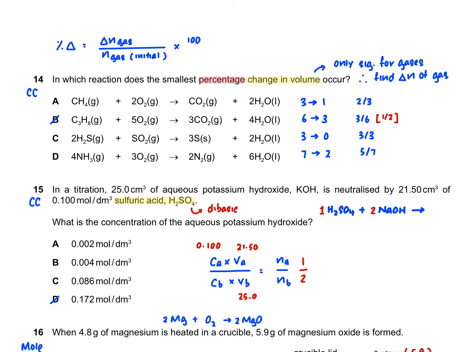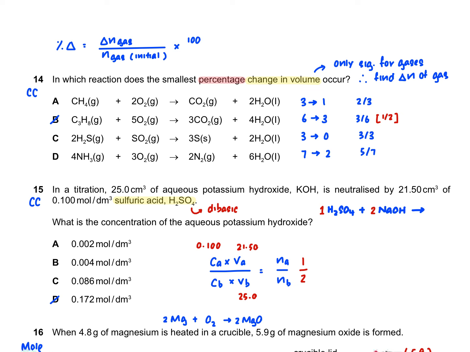So the tricky thing about this question is that instead of asking for the absolute change in volume, it's asking for the percentage change in volume. So to know which one has the smallest percentage change in volume, we cannot just look at the change in number of moles of gases, but we need to take the change in number of moles of gases and divide it by the number of moles of gases at the start of the reaction, or the number of moles of gaseous reactants. So for example, if we look at option A,